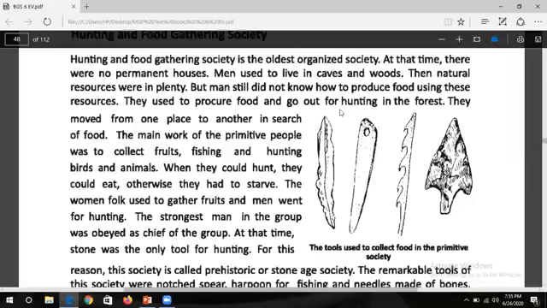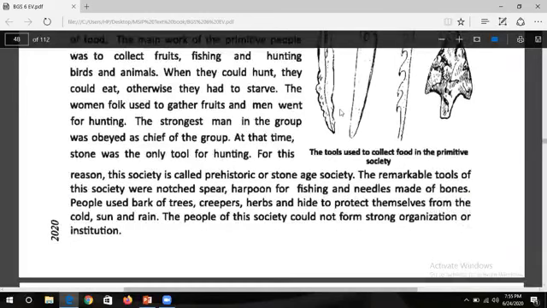So the main work of primitive people was to collect fruits, fishing, and hunting birds and animals. When they could hunt, they could eat. Otherwise, they had to starve. The women folk used to gather fruits and men went for hunting. The strongest man in the group was obeyed as the chief of the group. At that time, stone was the only tool for hunting. For this reason, this society is called prehistoric or Stone Age society. The remarkable tools of this society were